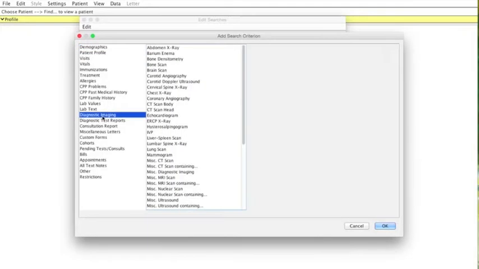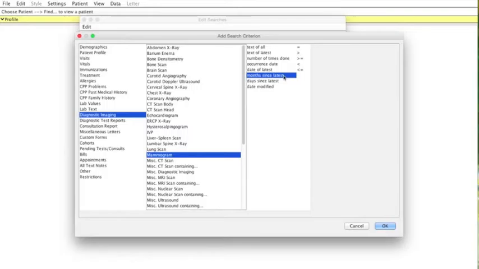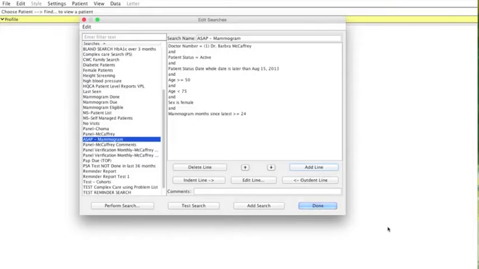So here we'll go to diagnostic imaging. We're going to select mammogram, and we want month since latest to be greater than or equal to 24. Click OK. Okay, so this is our basic mammogram search, but depending on how consistent you are at recording surgical data in